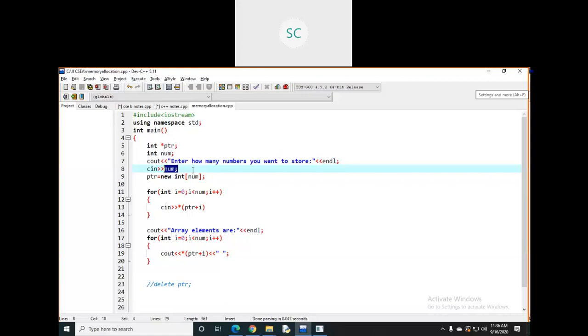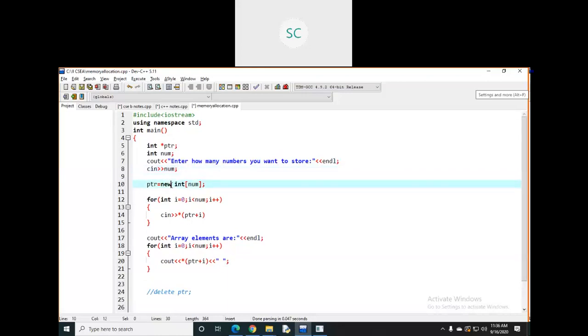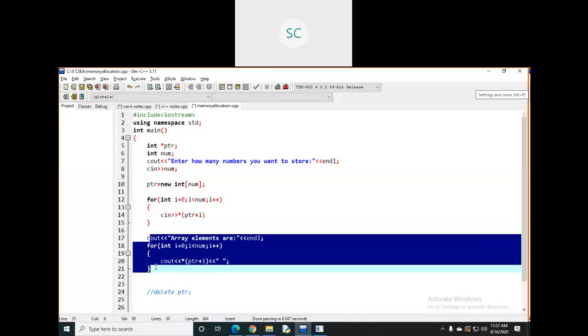So to allocate your memory at runtime, you need to go with this. By using the new keyword, you can allocate that memory dynamically in this way. The size may come as any number. The user may enter 10, 20, 30, any number. Based on this number only, you are accessing the numbers. Here you are giving the condition as i less than this number. You are just reading into this array, then you are simply printing in the output.